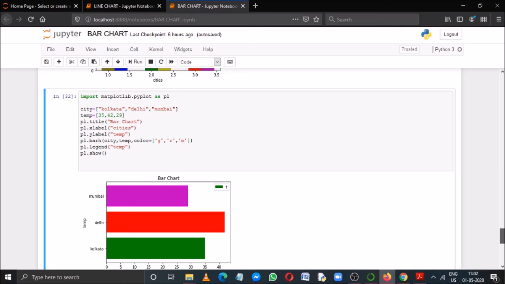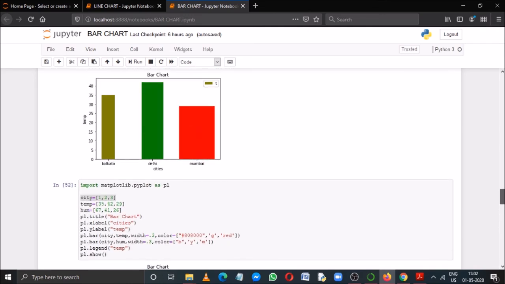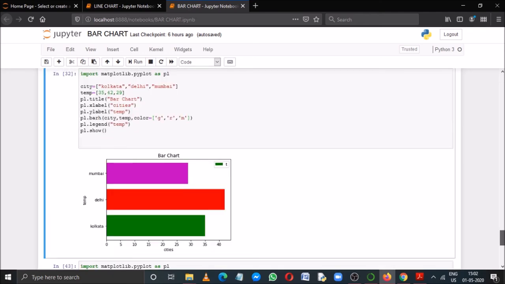What happens here is that the whole x-axis is shifted to the y-axis and the whole y-axis is shifted to the x-axis. Just compare this bar with this one. Both the axes are inverted, and like this we can create a horizontal bar chart.